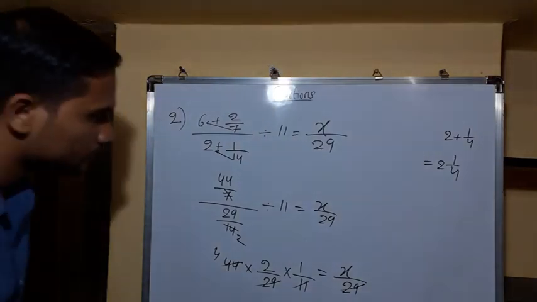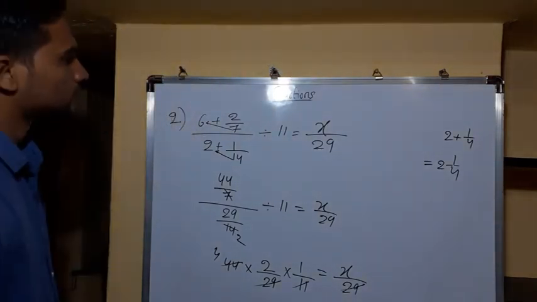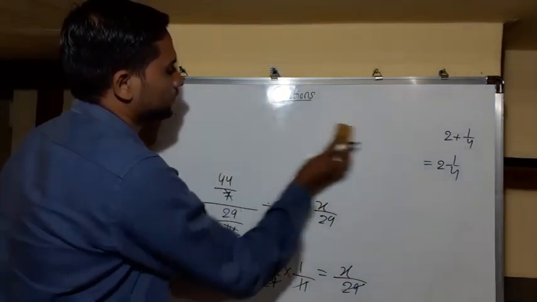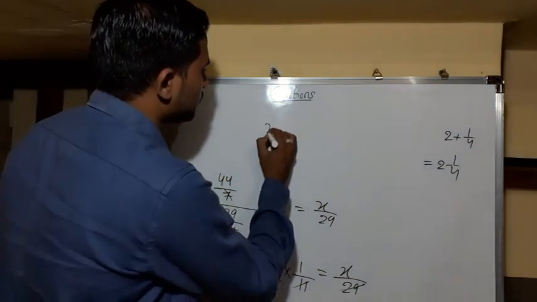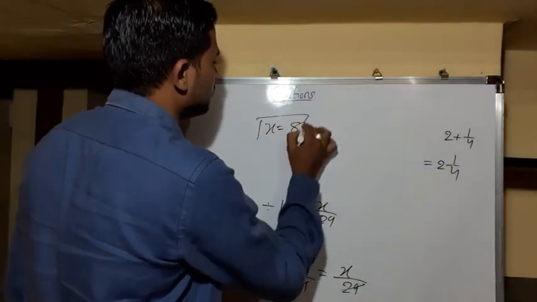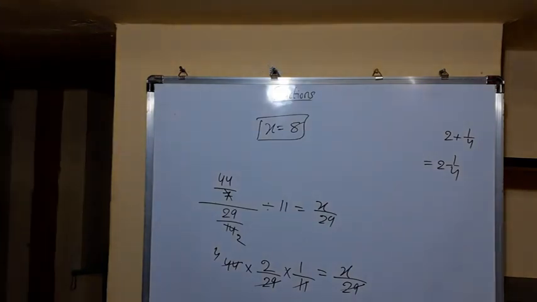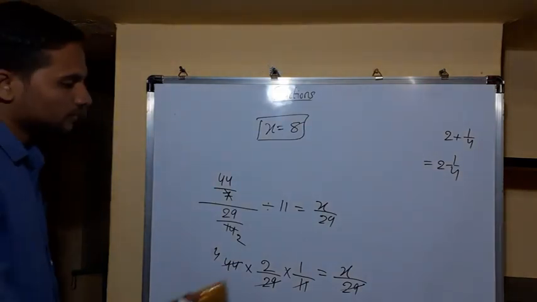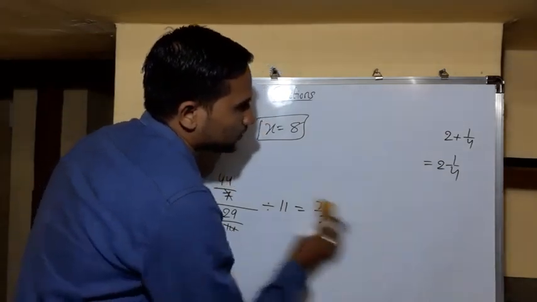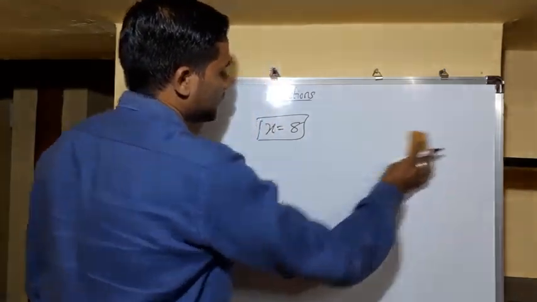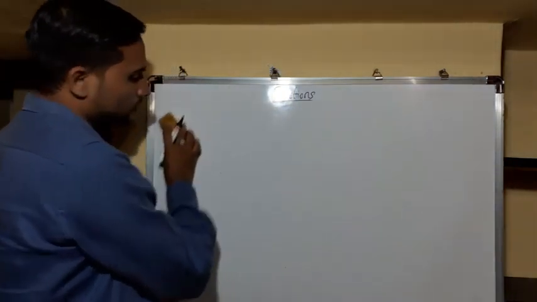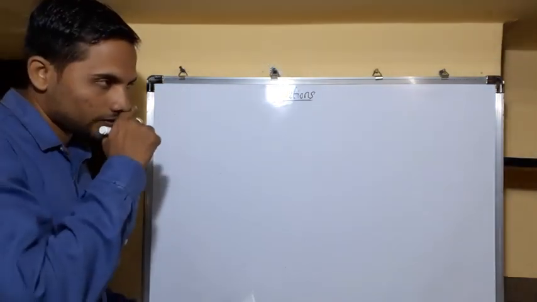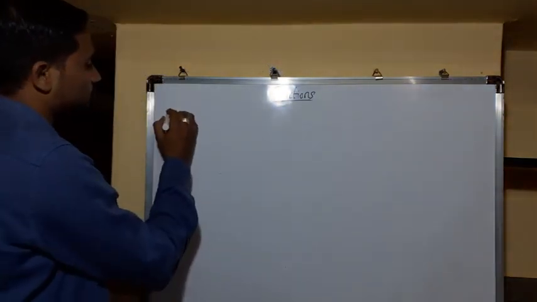So how much left now? How much left? 4 2s are 8. So x is equals to 8. Understood friends? How to do the simplification? Within 1 or 2 steps you can get the answers. Don't waste too much time on simplifications. Whatever problem I am solving, you can solve these problems within 15 seconds, right? Maximum 15 seconds. Beyond that, don't take more than 15 seconds, friends, right?